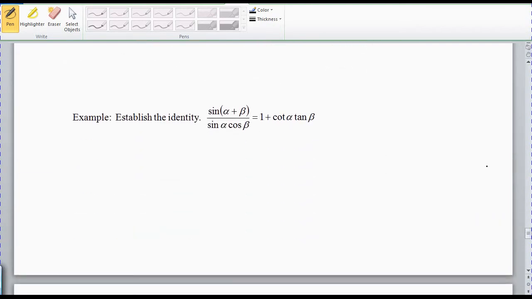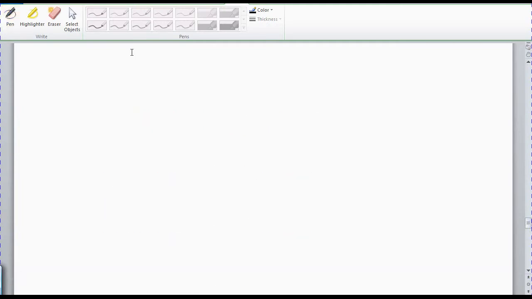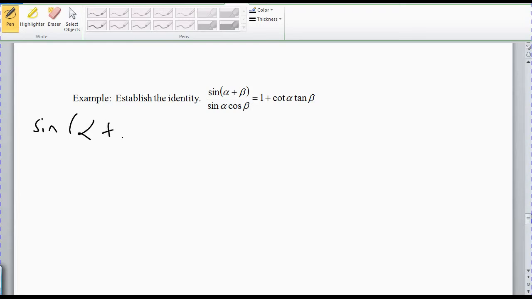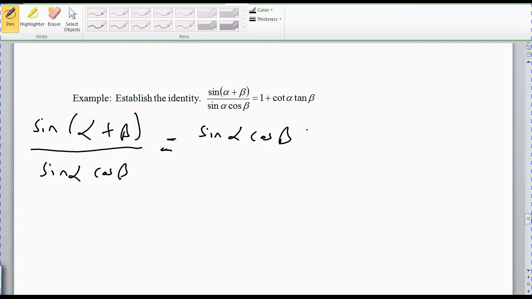Let's try this one. Let me bring it back up so it won't look near as bad. Okay. Sine of alpha plus beta over sine alpha cosine beta. So start with the left side. It looks pretty bad. Sine of alpha plus beta over sine alpha cosine beta. Using the same identity I just used, same formula I should say, that's sine alpha cosine beta plus cosine alpha sine beta over